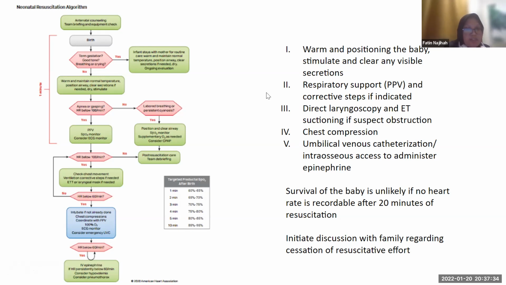If resuscitation has been done even after 20 minutes, and there is no heart rate or the condition of the baby has not improved, the survival of the baby is unlikely, and we can initiate a discussion with the family regarding the decision on resuscitative effort. So in conclusion,